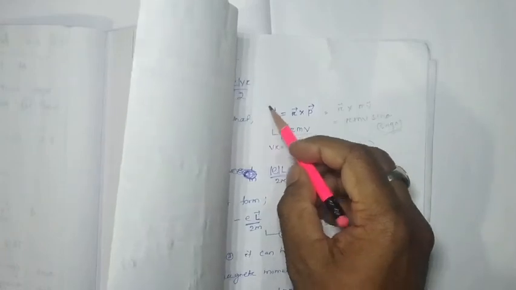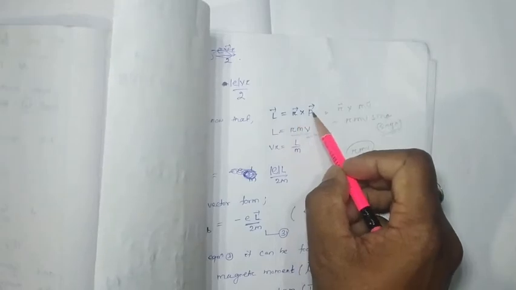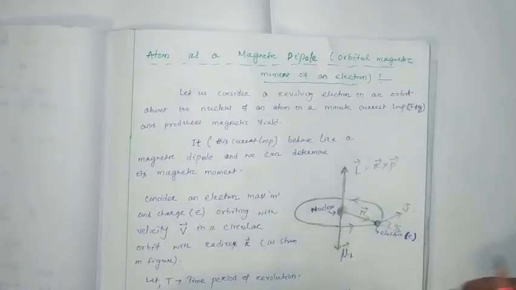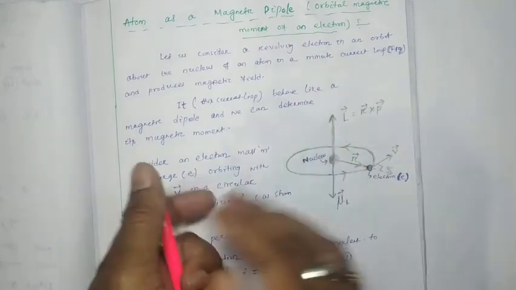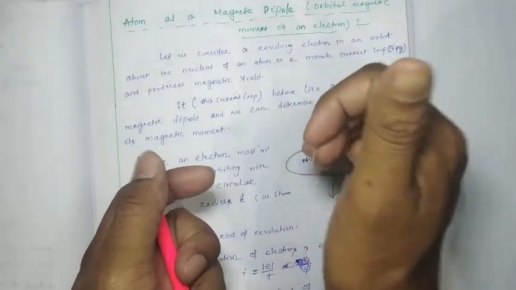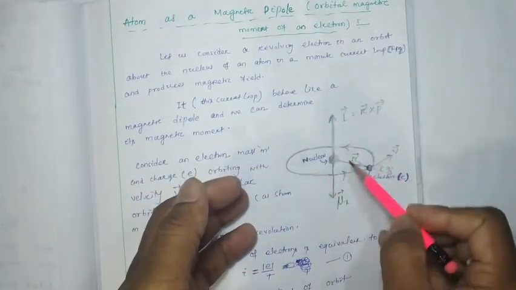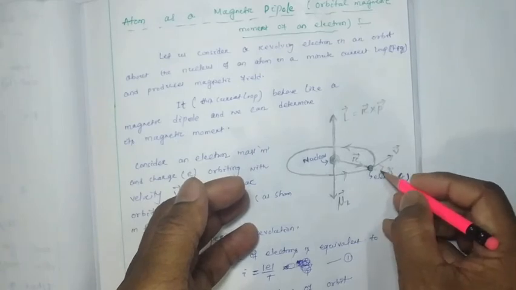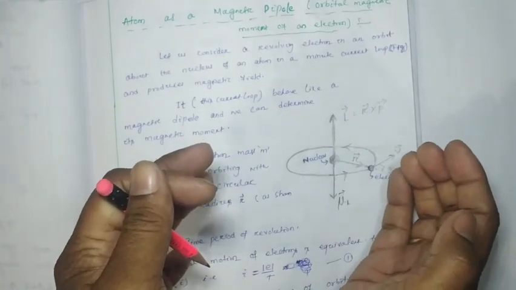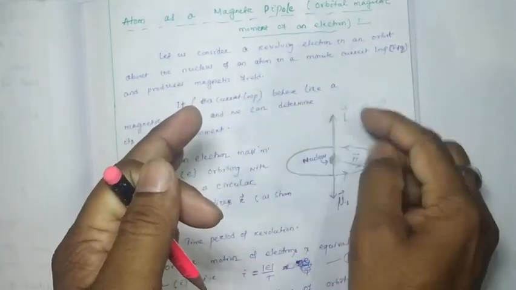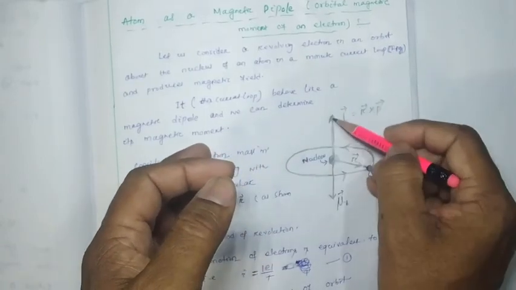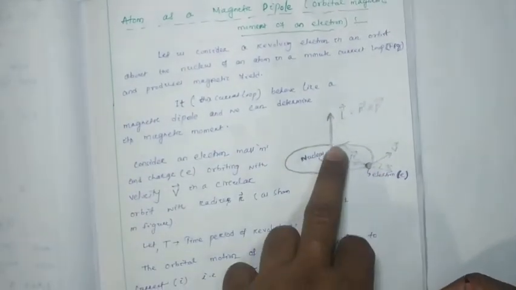So what will be the direction of L? L will give the direction by considering the cross product of r into p, or r into v. So here this is the direction of r, this is v. So r cross v means this side, upper side. So this is the loop, this is the r side, and v. If we consider the screw rule, the thumb will give the direction of L, that is r cross p. This is the direction of orbital angular momentum of the electron.